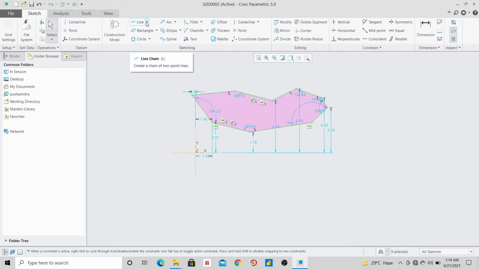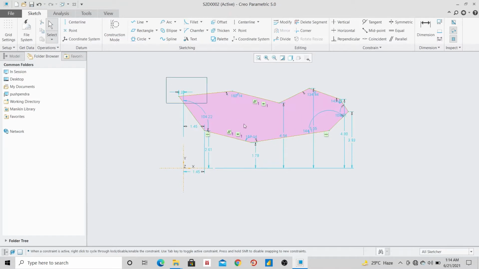But tangent lines are mostly drawn when we have two entities and we want to draw a line that should be tangent to both these entities. That I will cover later on. We will move towards the next. And one thing, this line command can be fixed with the help of dimensional parameters or relational parameters. For relational parameters we have vertical, horizontal, perpendicular, tangent, midpoint, coincident, symmetric. Whichever is useful for you, you can select it.